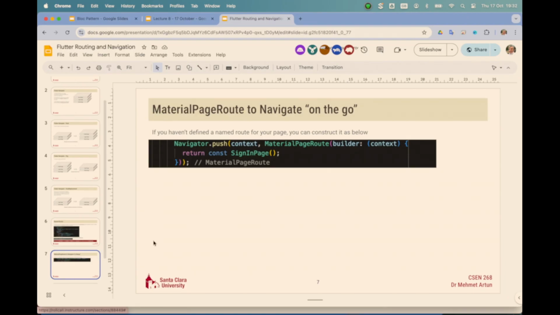Any questions so far on this navigator? Just to wrap up, it pops, it pushes a replacement, right? We can define the routes in the material app in the beginning of our app. It's a simple enough method to navigate between pages. And you can either push a page at the parallel level without increasing the stack size with push replacement, or you can push it on top of it and you increase the stack size. Okay,